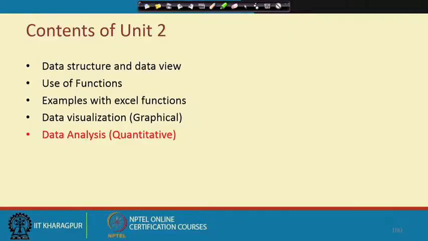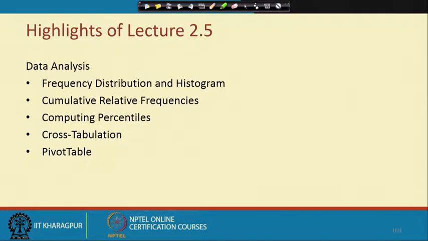So, in this case we would like to know something more about data processing. In fact, in the next unit we will go into details about descriptive econometrics, where we will go through some of the basic statistics and a little bit of inferential statistics to know how advanced econometric modeling can be processed and applied to solve some of the engineering problems. So, we would like to know some of the